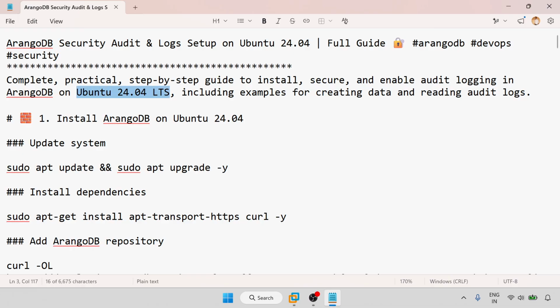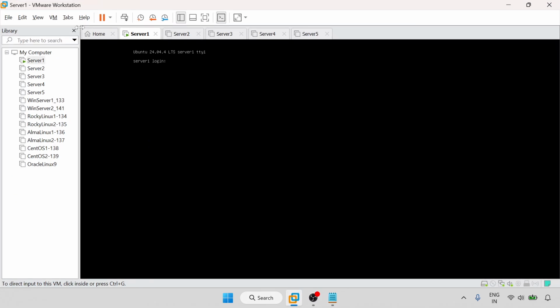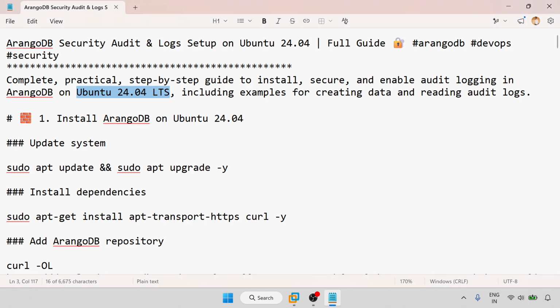My server is running on VMware Workstation. Here you can see the Ubuntu 24.04 LTS server is there. Now we are going to access this server, including examples for creating data and reading the audit log. So first I'll access my server,